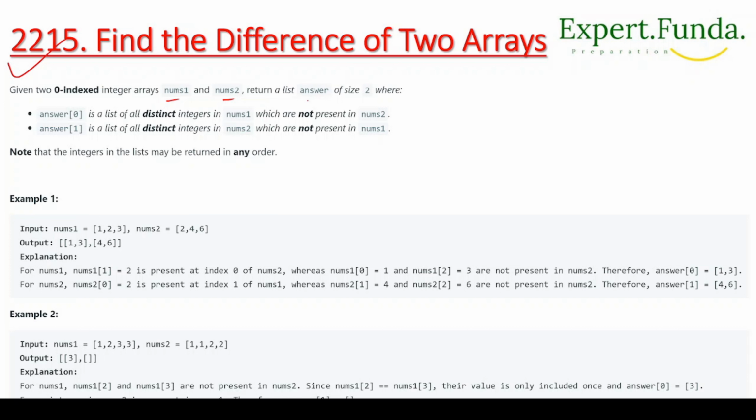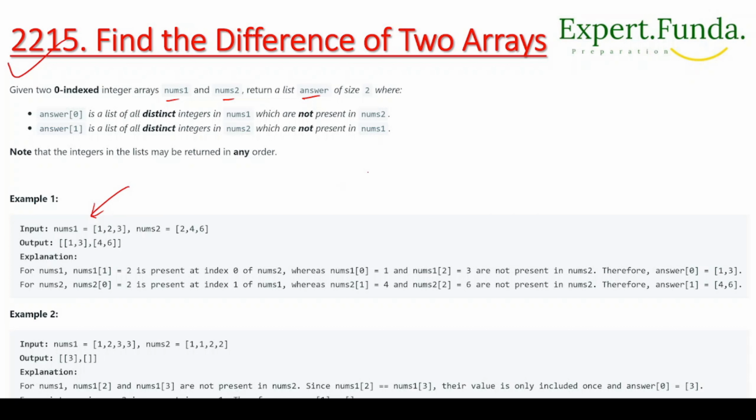answer of size 2, where answer[0] is the list of all the distinct integers in nums1 which are not present in nums2. And at index 1 we have to return all the distinct integers in nums2 which are not present in nums1. You got it? So let's understand this